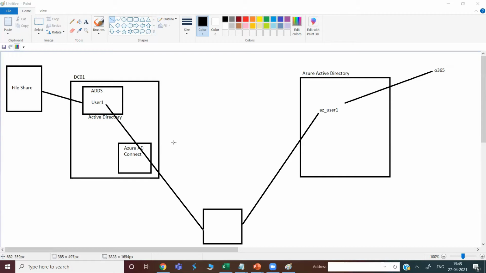If you are maintaining multiple credentials, it can be a problem for the administrator to enforce the security parameters. This is where Azure Active Directory comes into the picture. We can sync the user account created in on-premises Active Directory to Azure Active Directory with the help of Azure AD Connect.